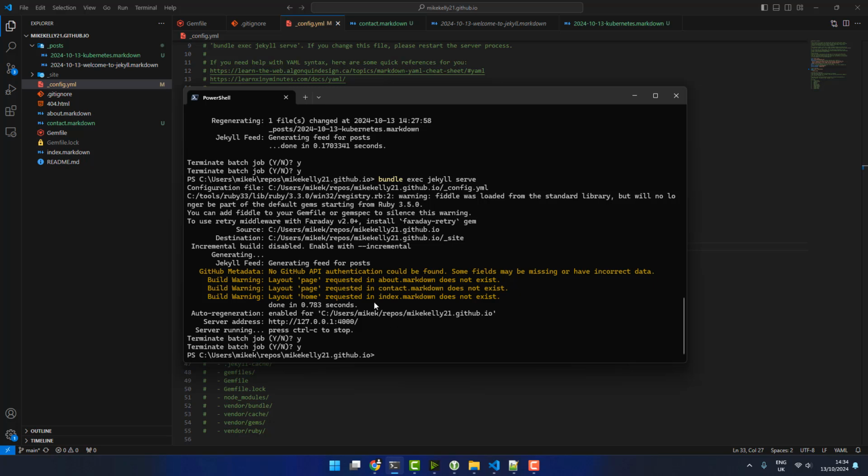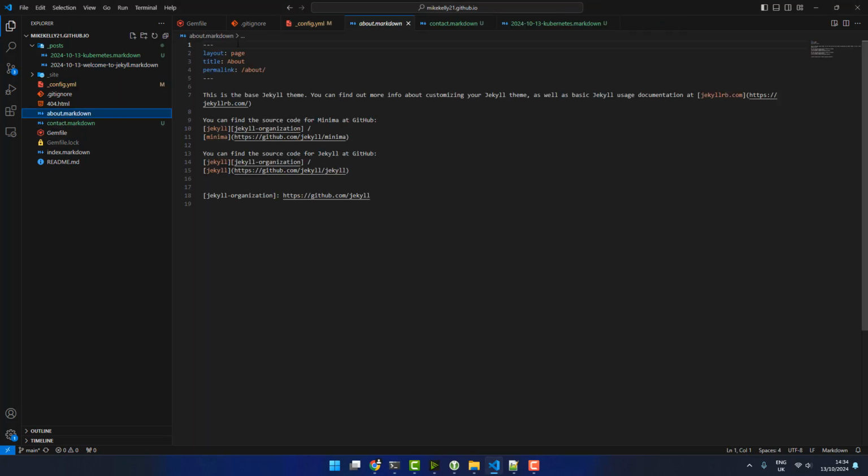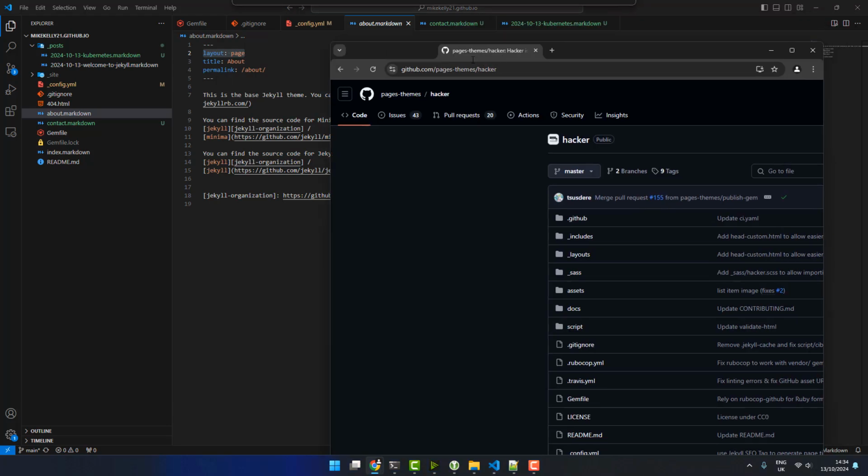Okay, so let's work through these errors first. So the first is about.markdown. Let's go and have a look at about.markdown. It is using the page layout. So why wouldn't a page layout exist? Okay, let's have a look at the source code for Hacker. So if I bring that over here,